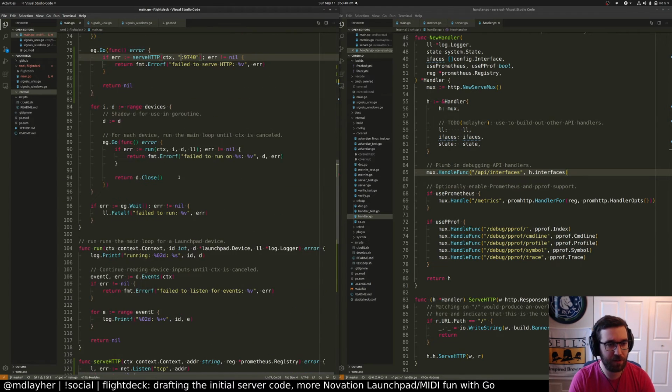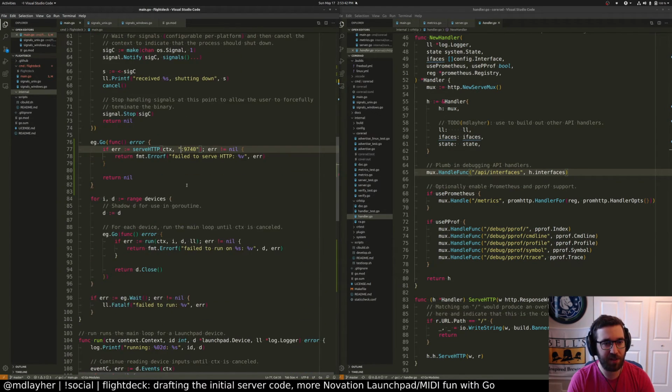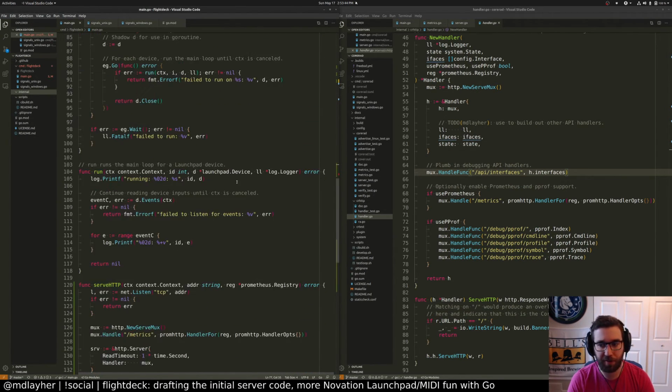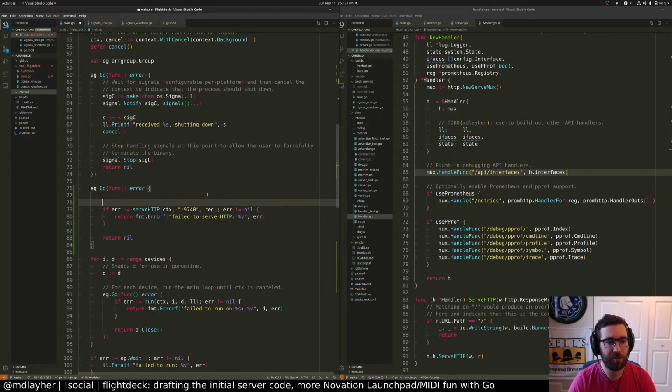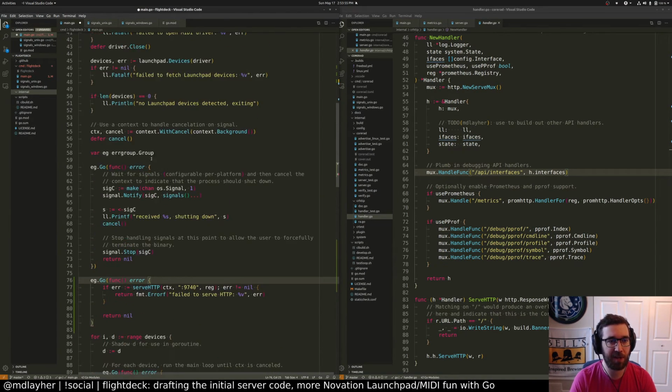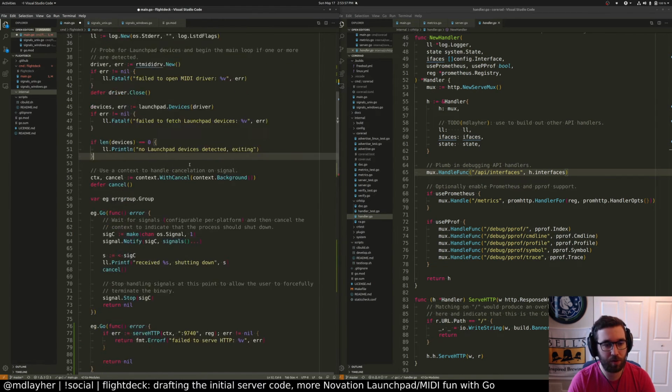9740 is our default. We need to pass in the Prometheus registry as well as the address. So reg is a Prometheus registry, and for now it's just going to be a to-do because we have no metrics. So I suppose we could initialize it. So we could do, let's see here,